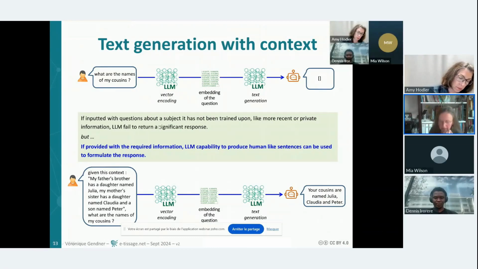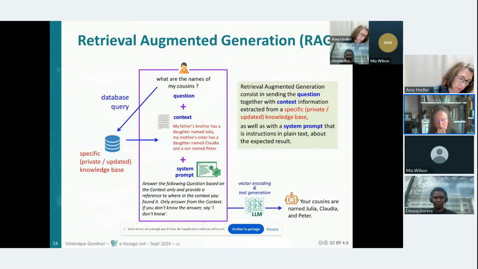And this is what is used for retrieval augmented generation. Well, as the name says, it's retrieval augmented with information, and this information comes from any kind of database. So you can use a specific, private and updated knowledge base to get some information related to the question and provide it to the LLM. And so what is called the prompt,